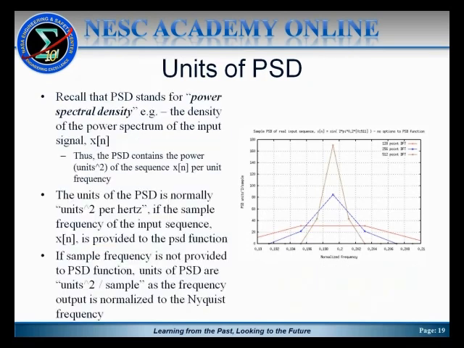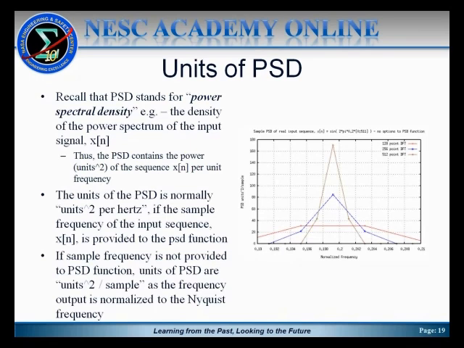Again, we talked a little bit about what the units of the PSD are. Again, the PSD stands for Power Spectral Density. It's the density of the power in the signal as a function of frequency. So usually it's unit squared per unit frequency. So normally if you've provided the sample frequency, you'll get out the PSD in unit squared per hertz. If you've not provided the frequency to the PSD function, you'll get unit squared per sample. And that's a very important thing to remember so that you can know how to interpret the numbers you get